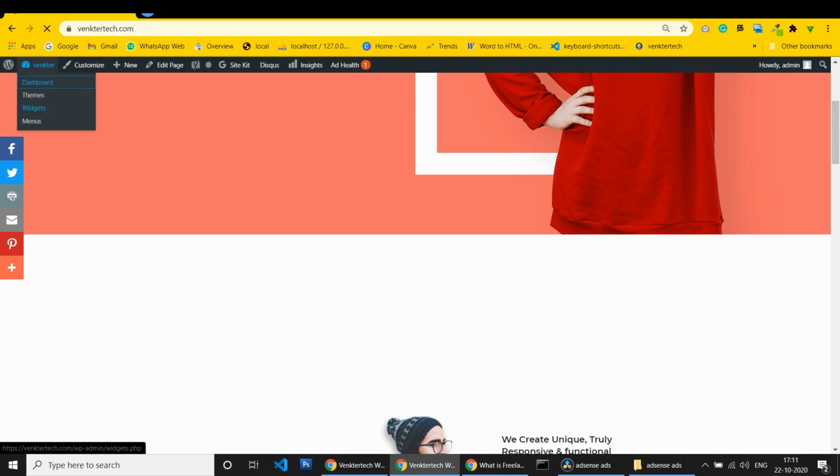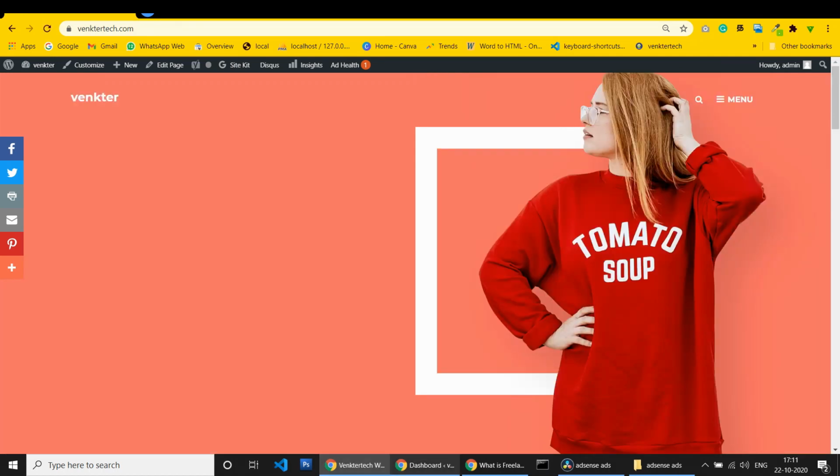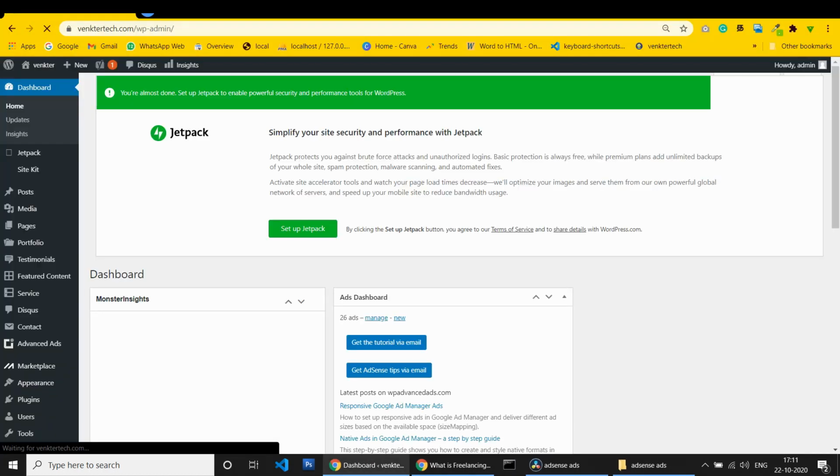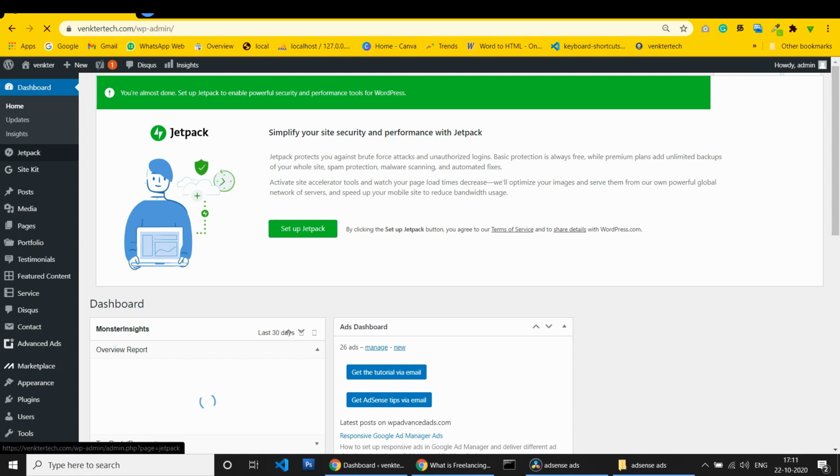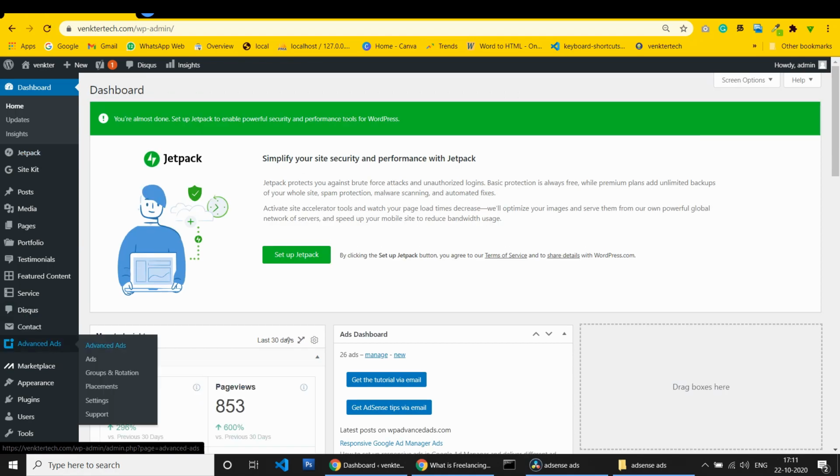I am pasting the AdSense code using the Advanced Ads WordPress plugin. It takes load. Let's wait for it. I'm closing. Advanced Ads. Here is the ad.